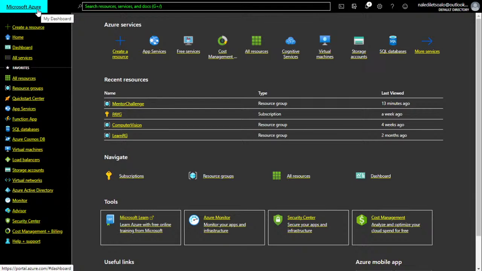All right. So let's get started. I've signed into my account on Azure and I'm on my homepage. And as you can see, I just literally created a couple of resources not too long ago. I created them and deleted them just to make sure that I could actually do that firstly.